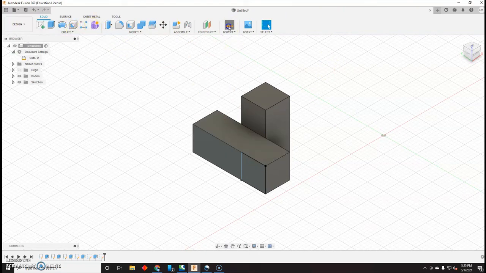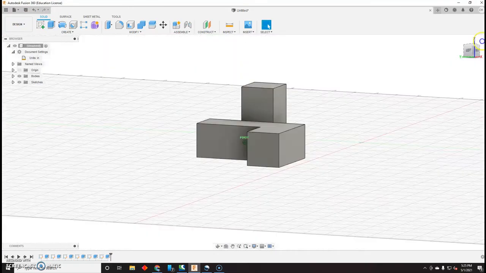So I'm going to go to inspect. And I'm going to inspect from this line to this line. 0.75. Okay, I just wanted to make sure the dimensions were correct. So that's the inspect tool. If you hit escape, it'll get you out of that mode. And now we can extrude. 0.75. And that is my first puzzle